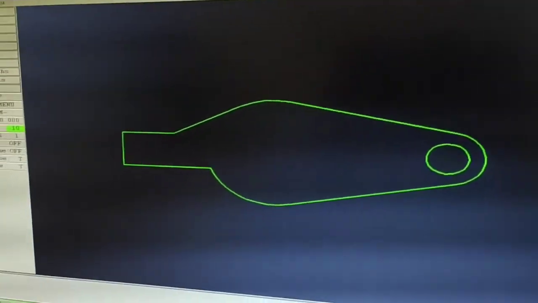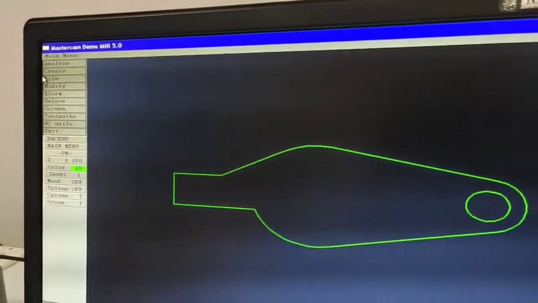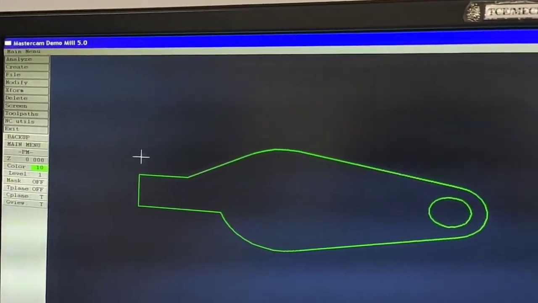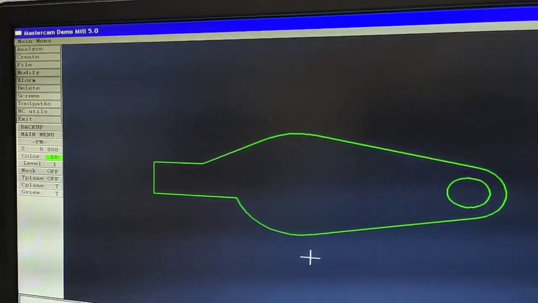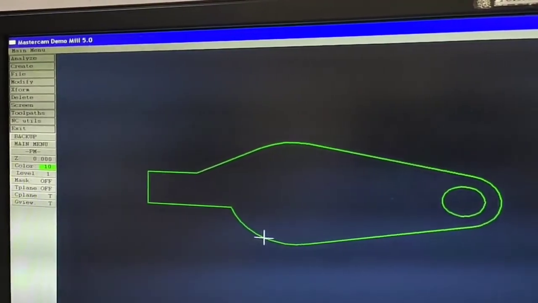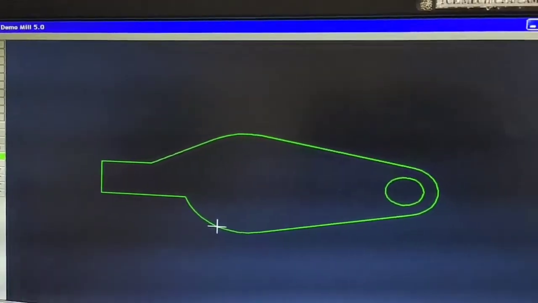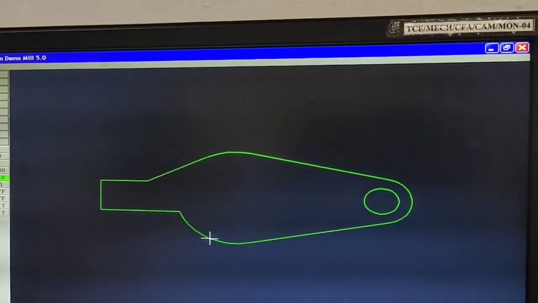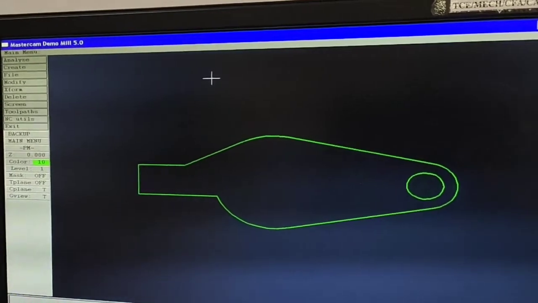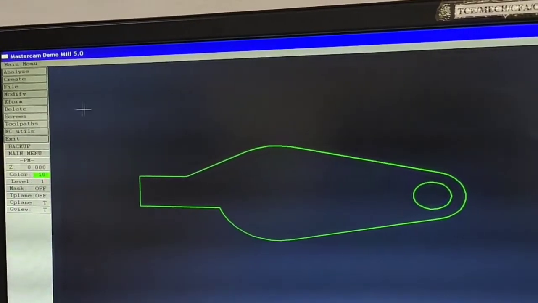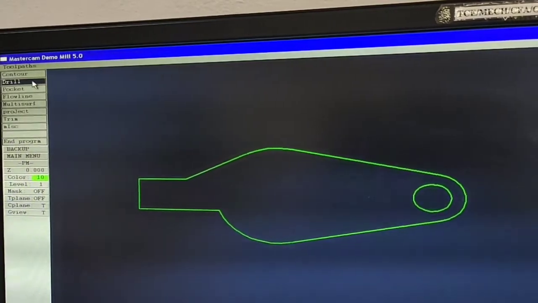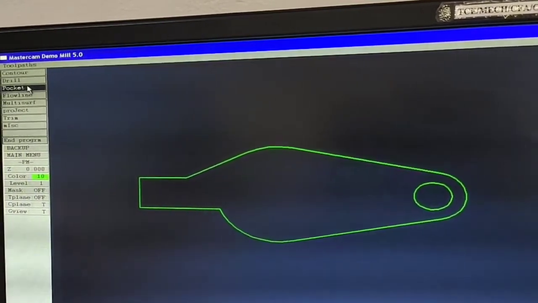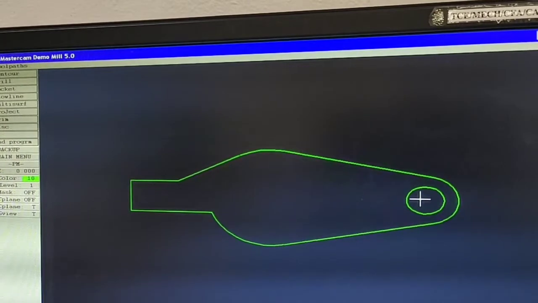So now I am going to toolpath. The toolpath is very, very important, because after completion of your drawing, the toolpath is the generation of NC codes. I already told you that the computer itself generates the NC codes in this Mastercam software. Here I have to select the toolpath and the graphics. There are three options: contour, drill, pocket. Now only contour and drill are available.